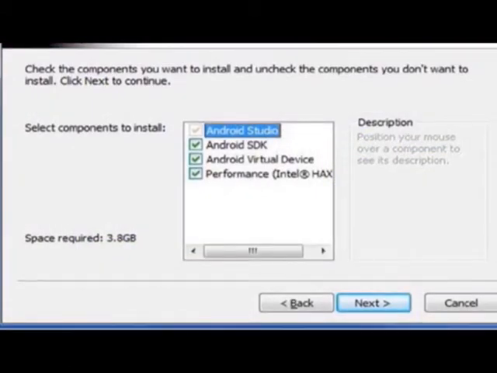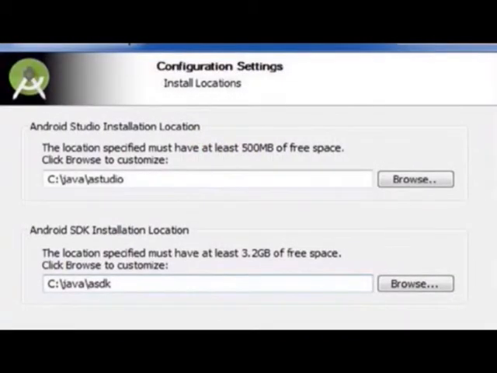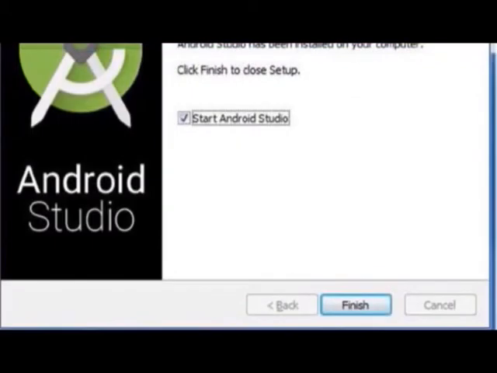When the installation wizard begins, move through the screens by clicking the Next button until you reach the Choose Components screen. Select all the component checkboxes. Afterwards, click Next. Also agree to the terms and conditions once again. When you reach the configuration settings, install location screen, select the locations for Android Studio and the Android SDK. At the end of the installation procedure, you should arrive at the Completing the Android Studio Setup screen and click